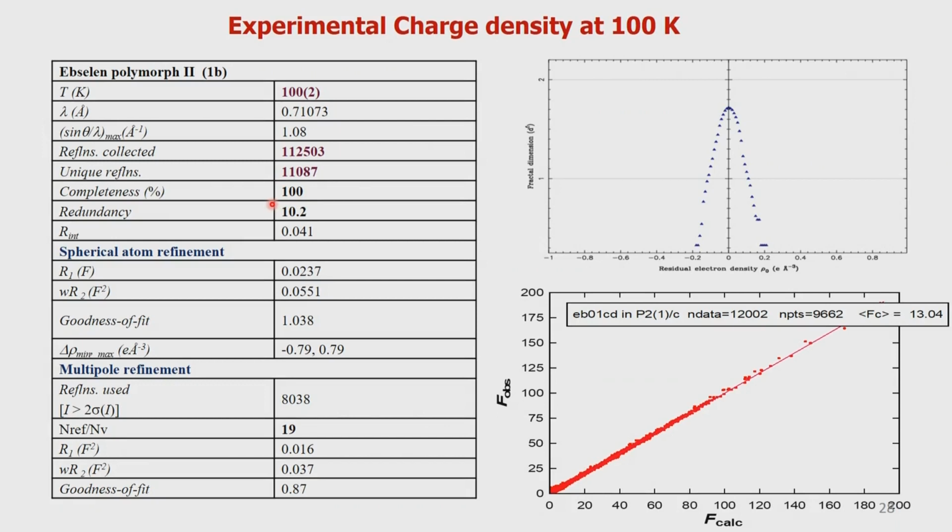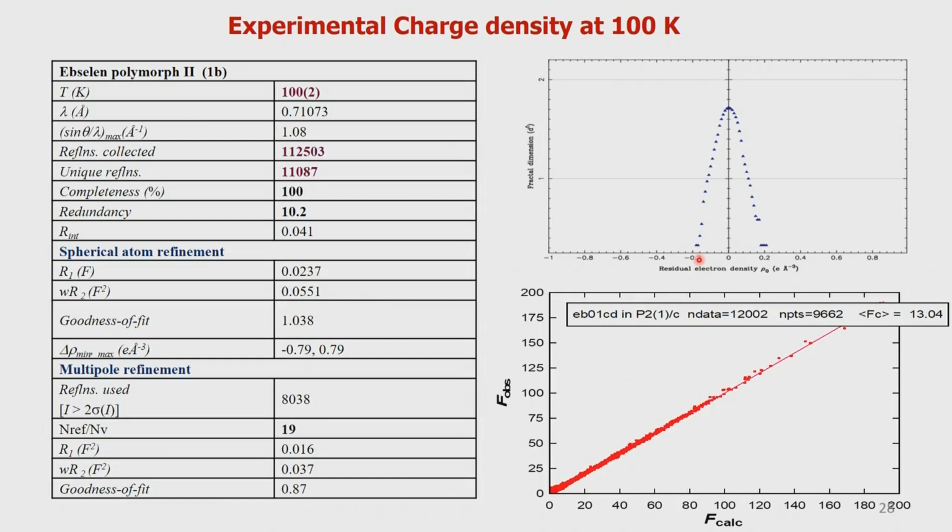A very high quality data, and we have measured some reflections more than 10 times. That means in this space group, 10.2 times is the redundancy. That means a given HKL is measured in all possible orientations 10 times, and then averaged out. So your accuracy of the data measurement is extraordinarily high, and that is indicated by what is known as a fractal plot. I have no time to go into the detail, except that this has to be symmetric with respect to the residual electron density, which is shown here.